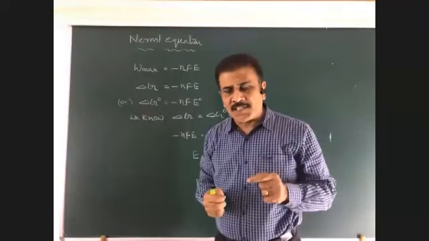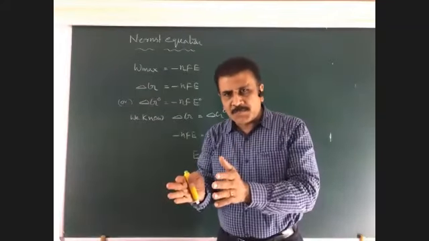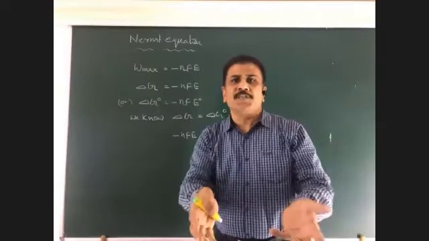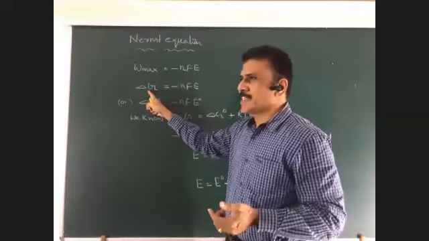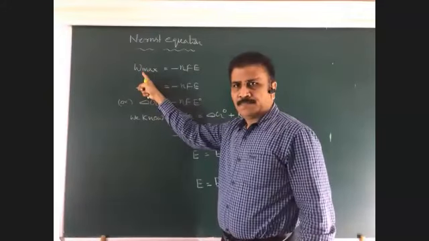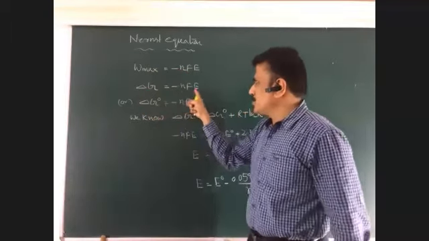For any spontaneous reaction, Gibbs energy is negative. Electrode potential means it takes electrons or gains electrons, whatever it may be, it is spontaneous. So for such a reaction, work maximum is represented as delta G. Work maximum is equal to nFE. It is written as delta G is equal to minus nFE.